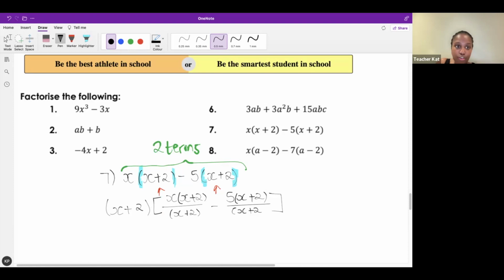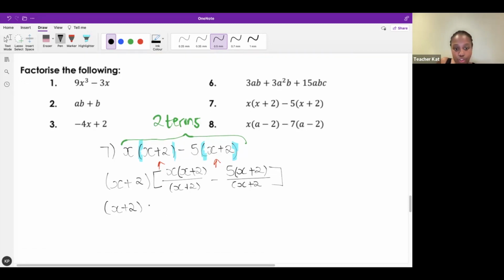What is left over in my first term? So this x plus 2 is on the outside. What is left over for my first term? Here. I have taken x plus 2 and I'm dividing it by x plus 2. Nice. I'm left with just x. And in my second term, what am I left with? Just a 5. Does that not look better? It's just more relieving. Right, so you can factor out also a common